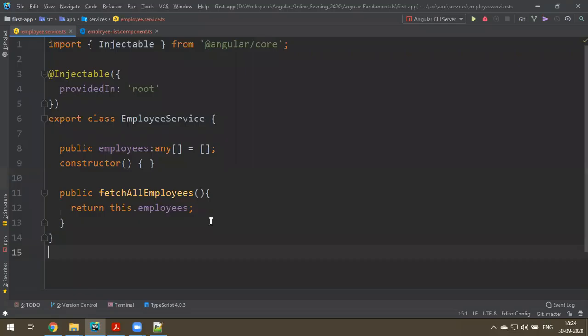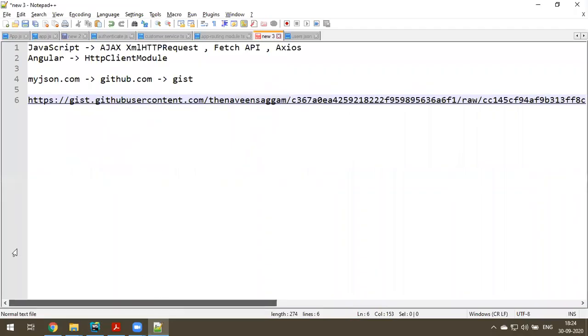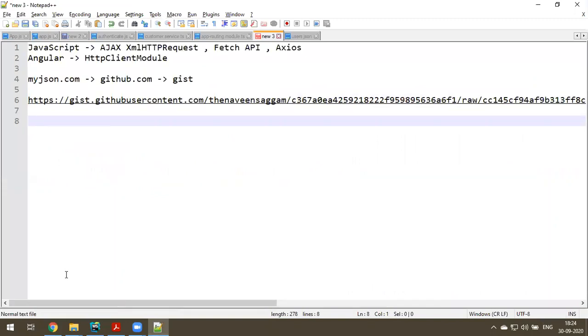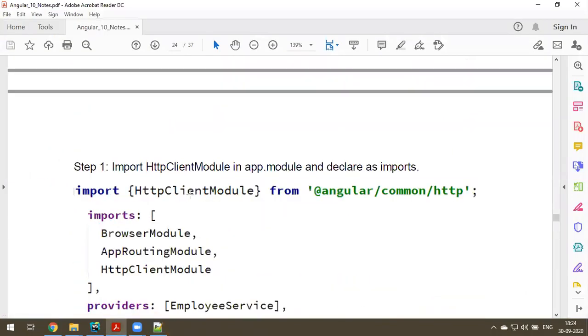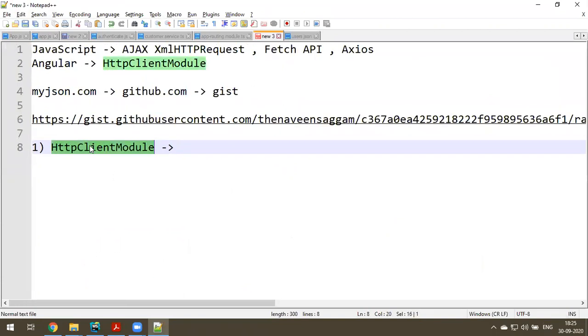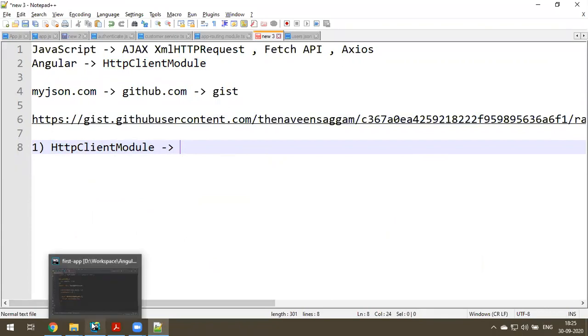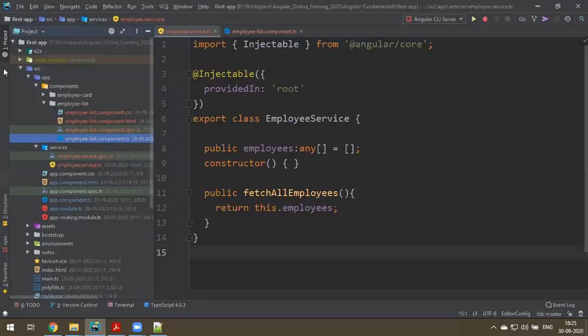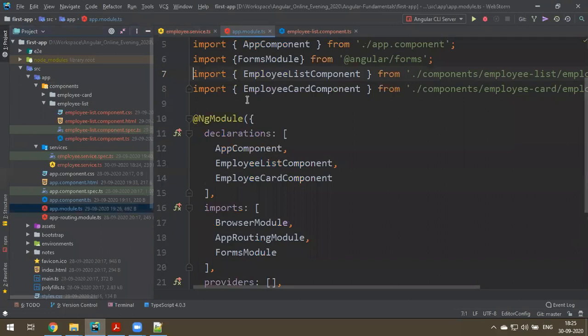Okay. Now let's fetch data from the server. The very first point, how to fetch data, I have dictated everything in a documentation. Step number one, I'll tell you that also. First, you have to import HTTP client module, because we receive data using this module. You need to import this module and declare it as an import statement in app module. So the step is, you need to go to, first of all, app module. In this, you need to